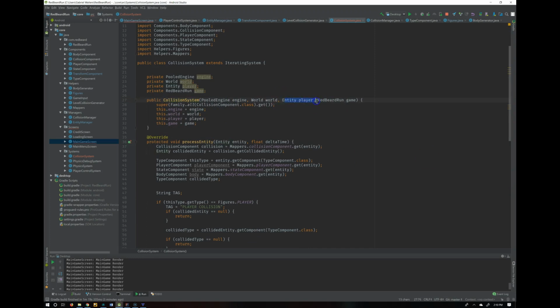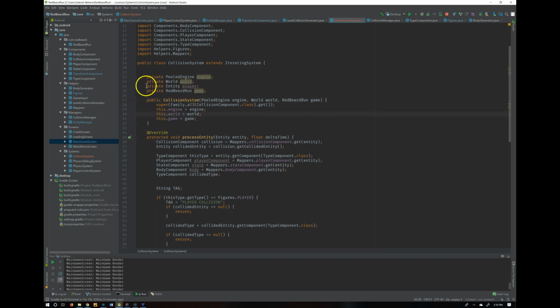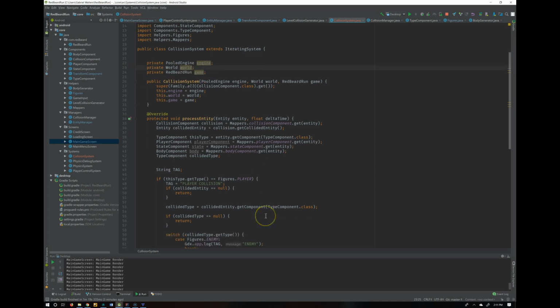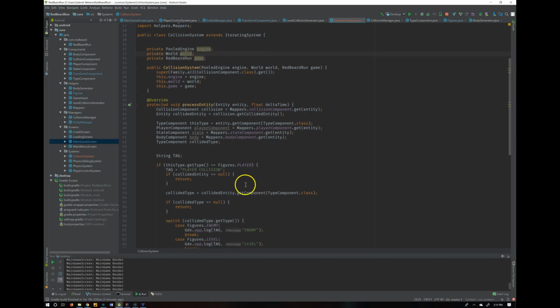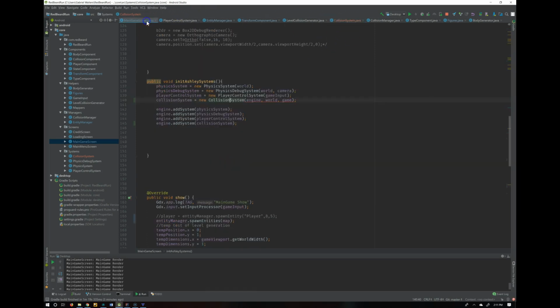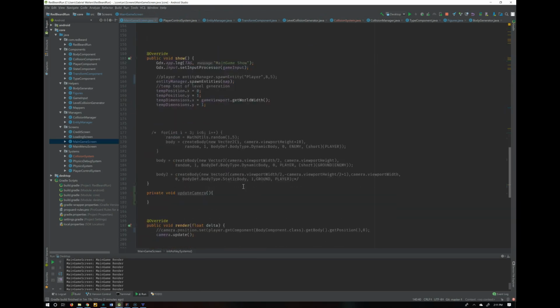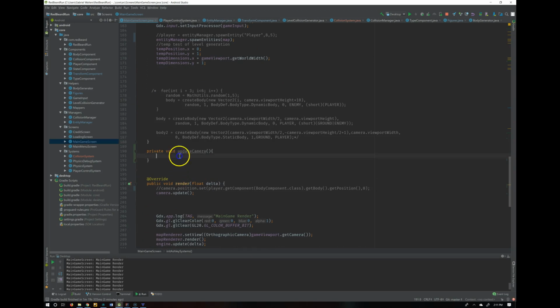Okay, so because we're not initializing with the player, let me go into collision system, and we're going to try to build this smartly, like what I was saying. So we're not going to create a player, and we're just going to have to check if that entity, okay, if it's the player, we know it's the player. That means in our main game screen, we're not going to have a handle of the player, but we should be able to in our update camera,